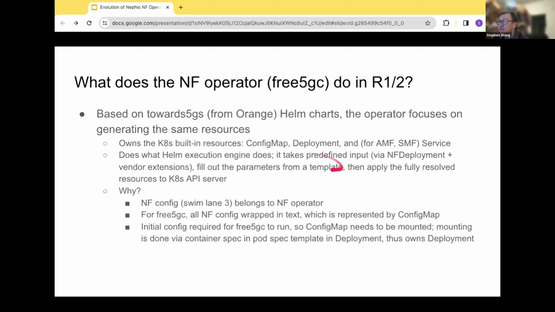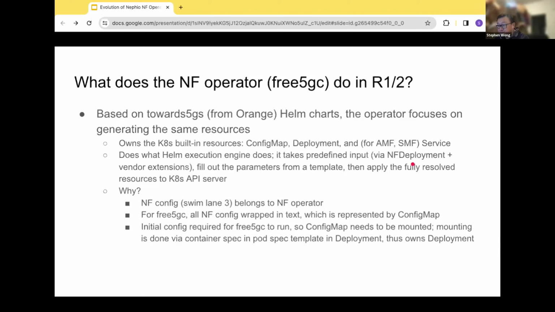And three, the execution itself: once you have constructed the structure, you invoke the API calls. Why did we do something like this? The motivation at that time, which really doesn't change too much, goes back to the swim lanes that I think all of us have seen many times. Swim lane 3, the network function configs, we squarely put into something that belongs to network function vendors to build. At that time we said they only own the operators, and everything else is probably free reigning.